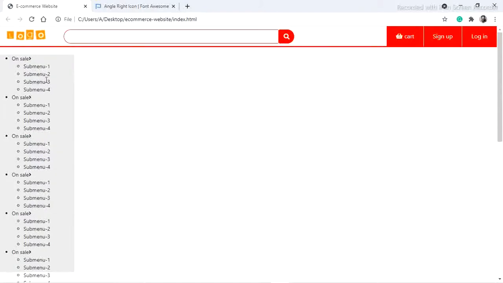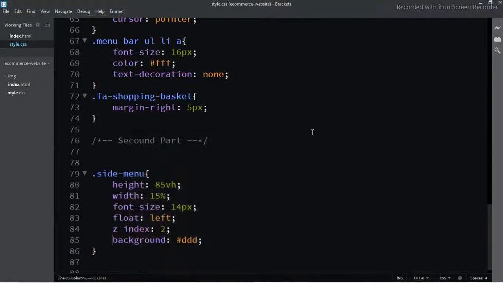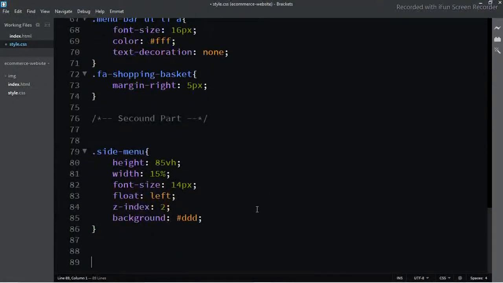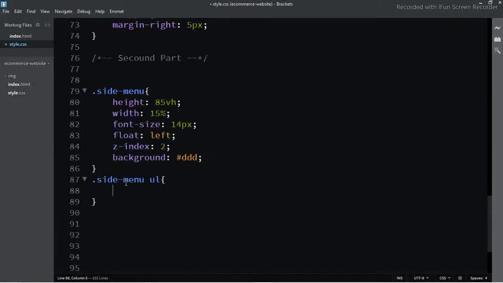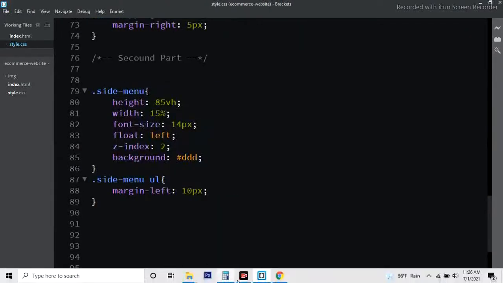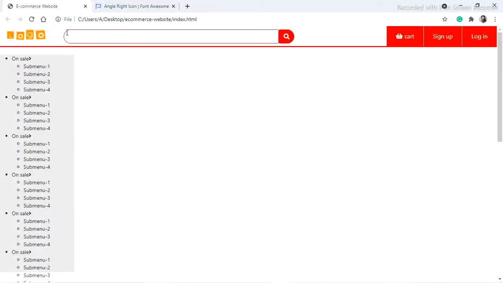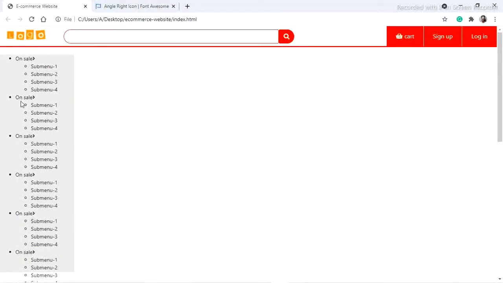You can see one background color. Let's come back. Margin left. Refresh your website. You can see some spaces here. Now we need to remove this dot also. So let's come back.